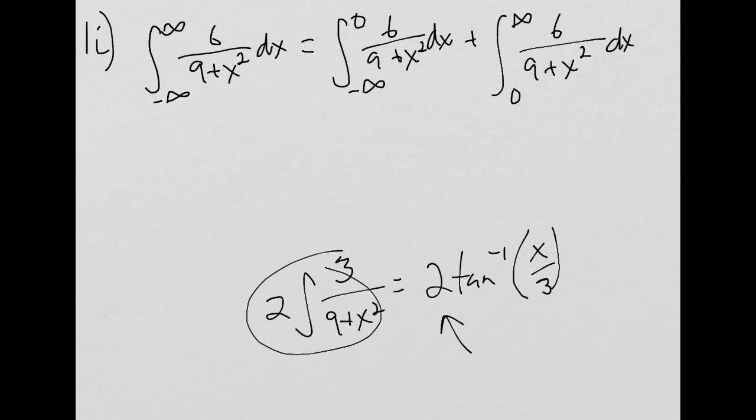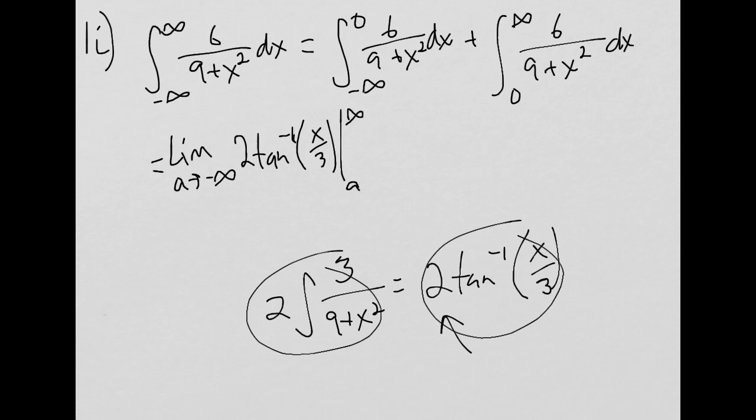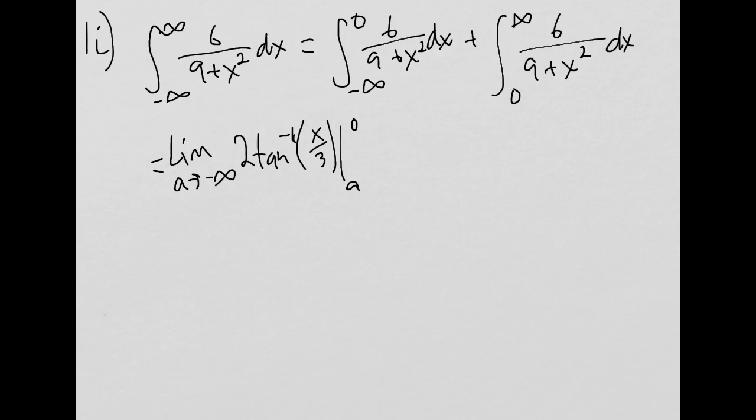So there's my first part. I basically took this guy and did it up here, and I am evaluating it as a goes to negative infinity. Sorry, as this goes to infinity, and this should be a 0. So now I got to do the other half of it, because that piece corresponds with this guy. So what that is, it's the same integral, so I don't have to do any work for that. It's just now